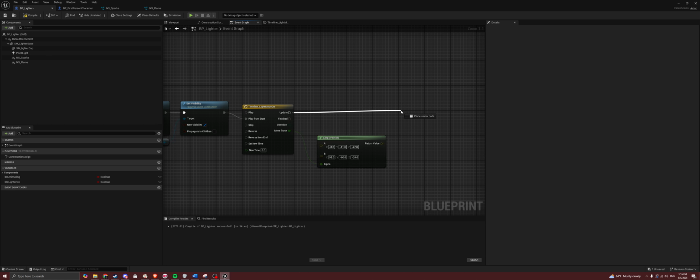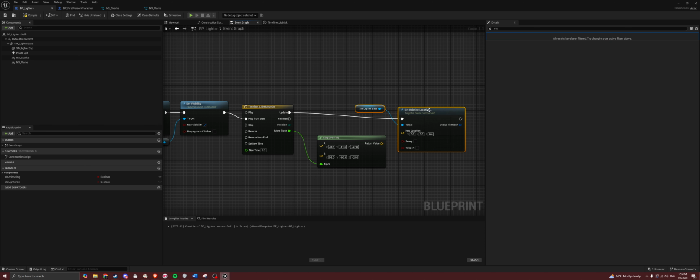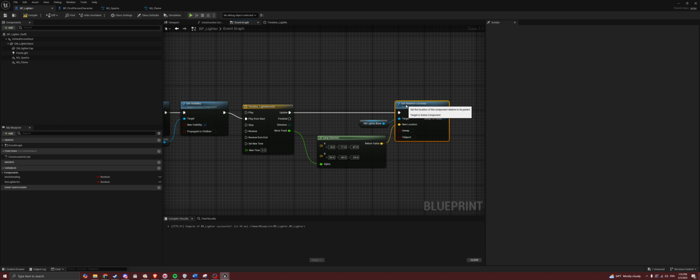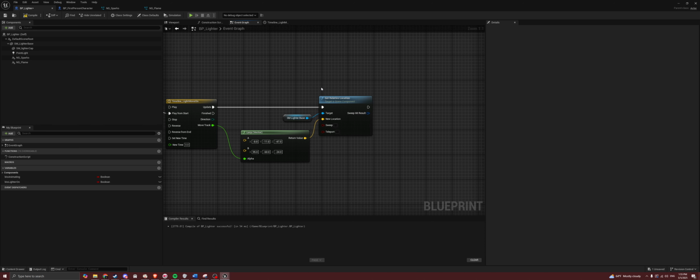And then from the updated part, we want to set relative location for the lighter base. So that's the target. This is just setting the location of the lighter base, and the new location should be this, right? So this is how the animation works. It's really simple, and we basically just do the same process for the cap to make the cap turn on, right? But before we do that,